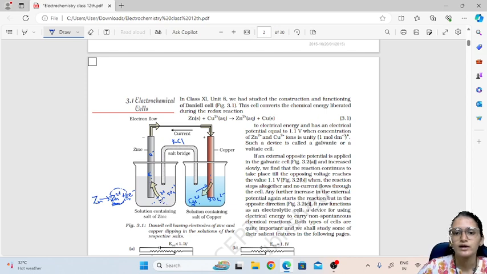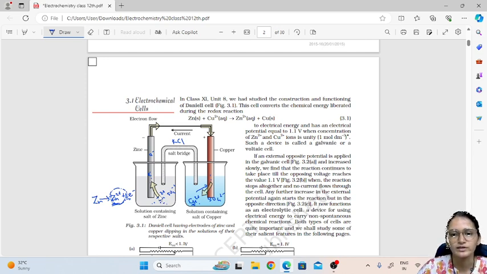So here if you put this salt bridge, what happens? First of all, what is the advantage of the salt bridge? It will complete the cell circuit. Complete the cell circuit means we have electrodes from here to here, so we cannot see the reaction completely which takes place here. Since you put the salt bridge, if you go from the left side to the right side, then again you can come from the salt bridge of the right side towards the left side. So it completes the cell circuit when you put the salt bridge.